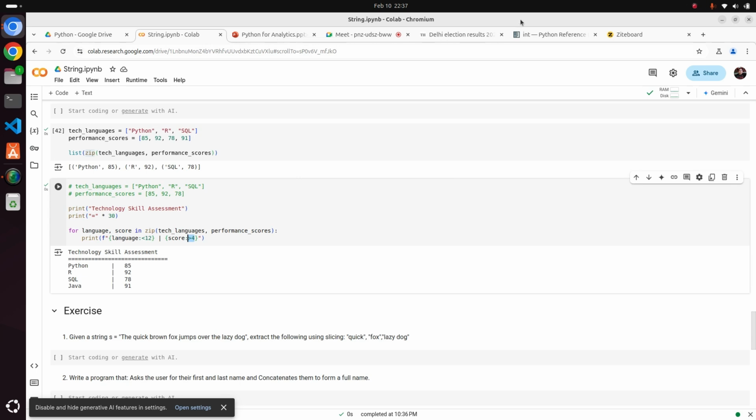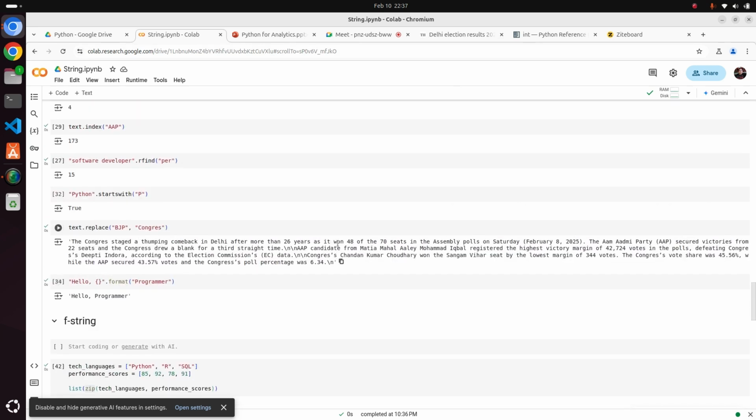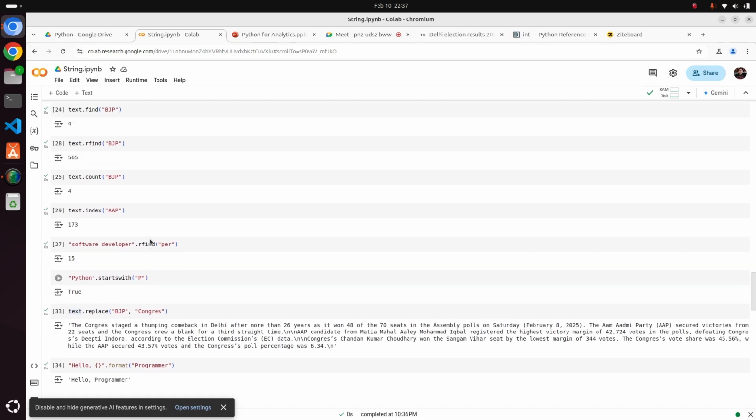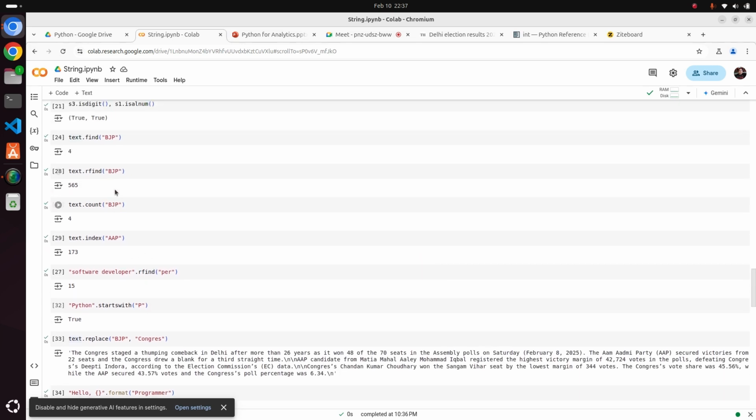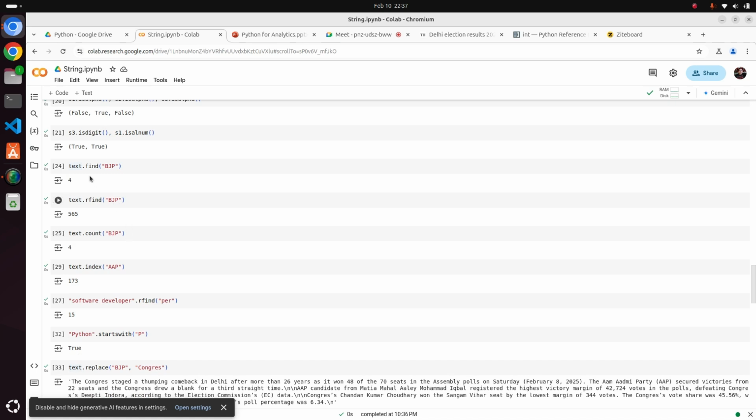Okay. Is there any way we can find all indexes of BJP? In that case, we have 4 counts of BJP. We need to find it 4 times, right? First time we are finding it at 4, then second, third, fourth. We need to try to write some logic for this, or maybe it will take a list. We need to check into the function, right? How can we check this? Just a second. Built-in function,